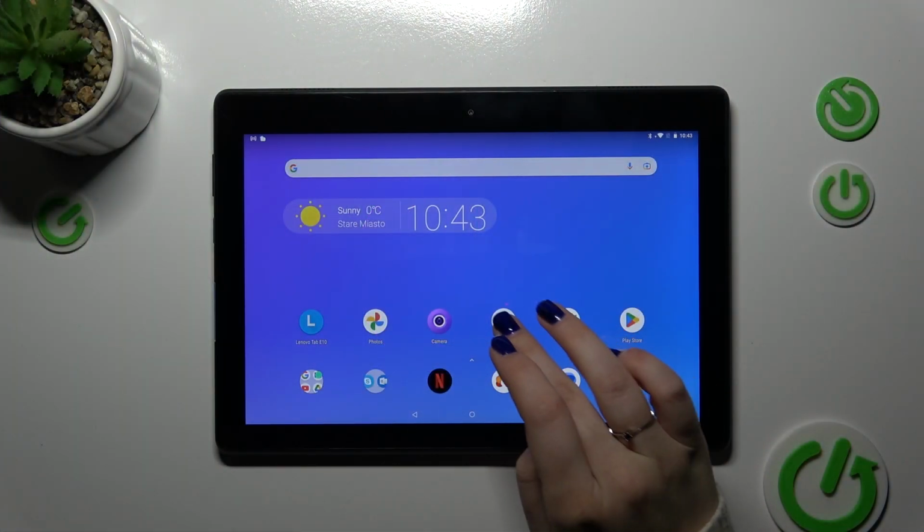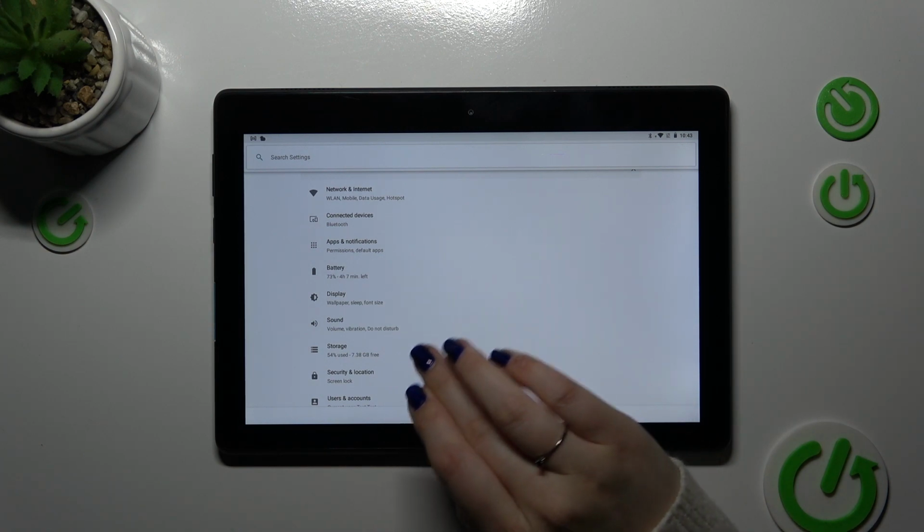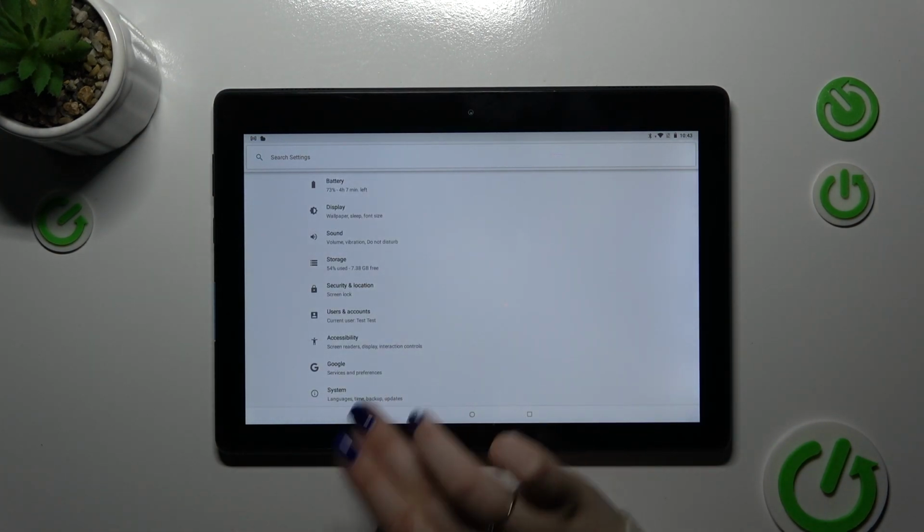So let's start with entering the settings, and a quick disclaimer, this way will work if you've got your Google account currently applied and saved in the device. If not, I highly recommend to check our tutorial of how to add or remove a Google account in this Lenovo device. So if you've got the account, let's simply scroll down to the very bottom and then tap on